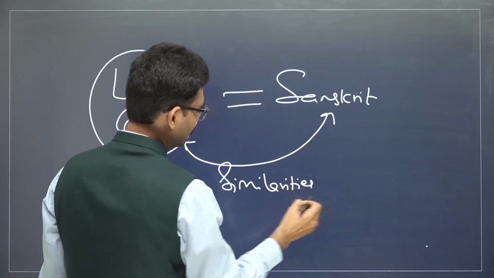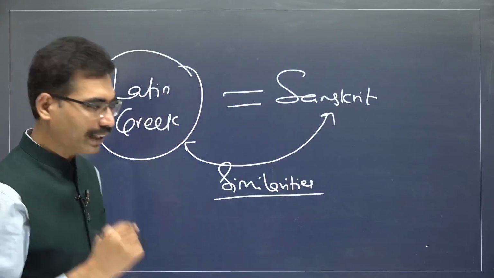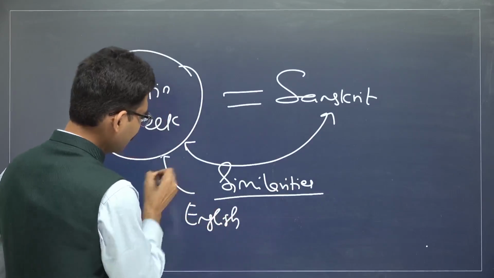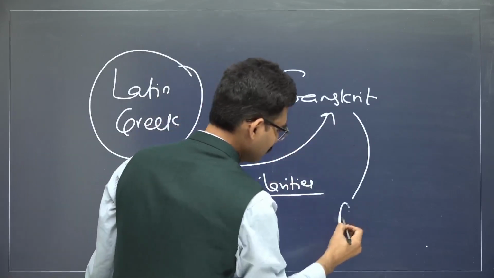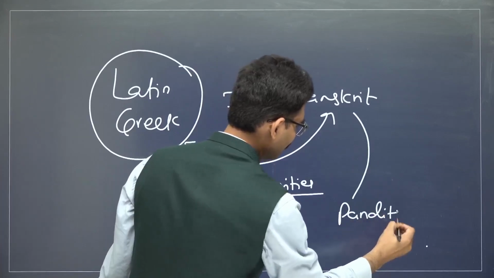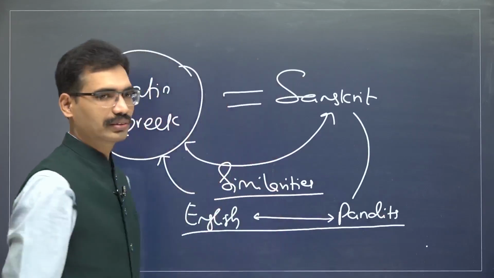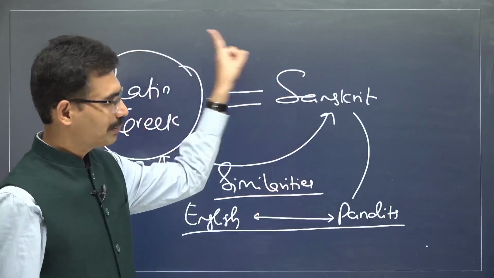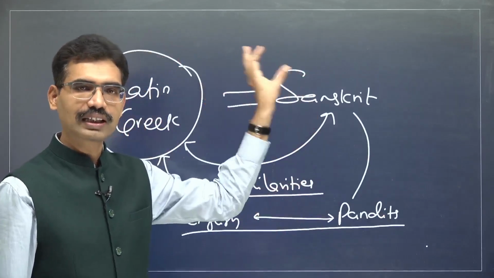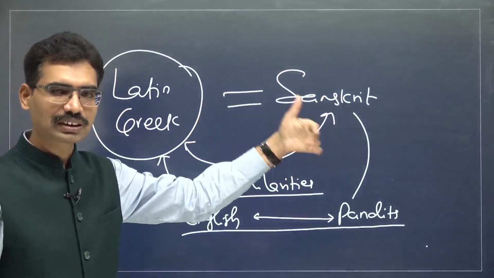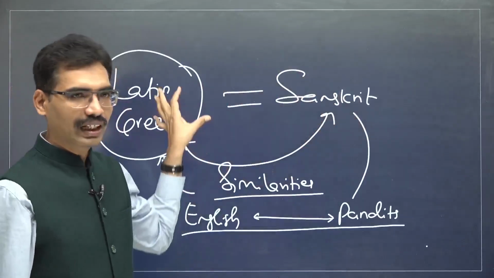Strong similarities. Now in this way, what happened? English people who are coming from this society and Pandits who are coming from this society, now they are identifying some kind of similarities long ago itself. That means there is some kind of interaction long ago, and that is where it led to creation of different kind of theories, Aryan migration, Aryan invasion, and they are calling Aryans.